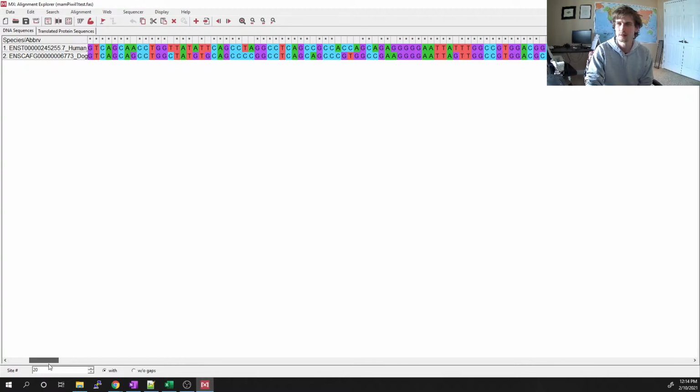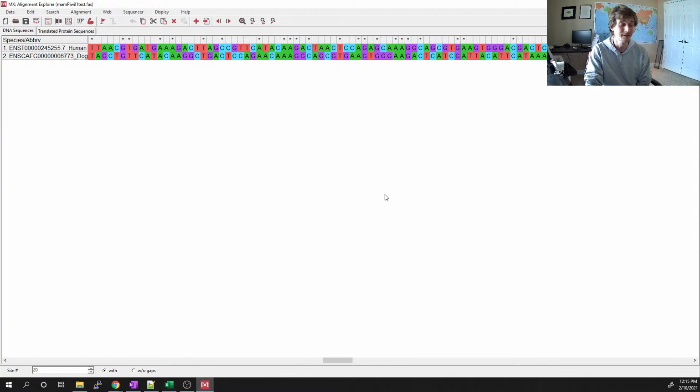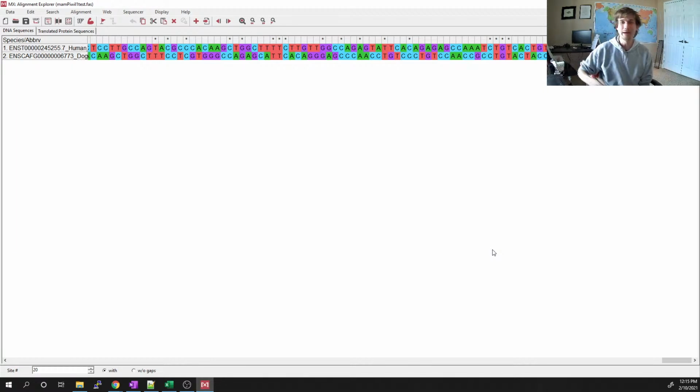Okay, and if we look at this sequence, it's reasonably similar. But at some point, we'll see that similarity drop off. Around this area, about midway through, these sequences stop being so similar to each other. And it's not that these sequences are so different. It's because these sequences are not aligned. Which means